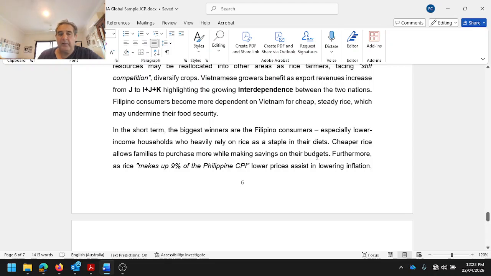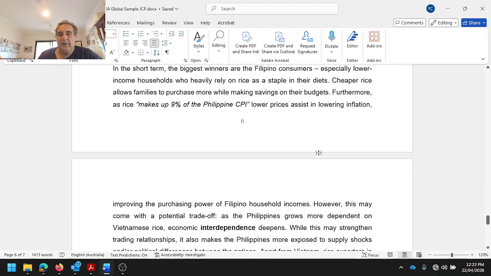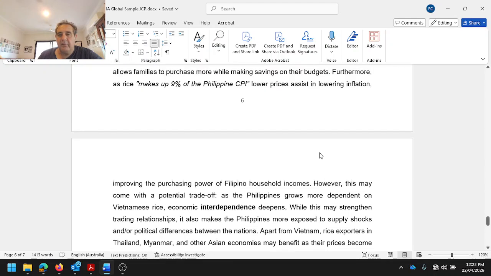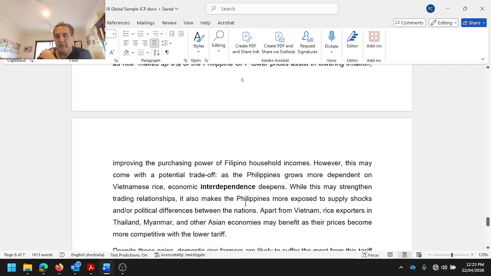And then he kind of explains why they do benefit, so greater purchasing power. It also lowers the rate of inflation, so that means purchasing power for people may improve. However, this may come with a potential trade-off as the Philippines grows more dependent on Vietnamese rice, economic interdependence deepens. While this may strengthen the trading relationship, it also makes the Philippines more exposed to supply shocks or any political differences